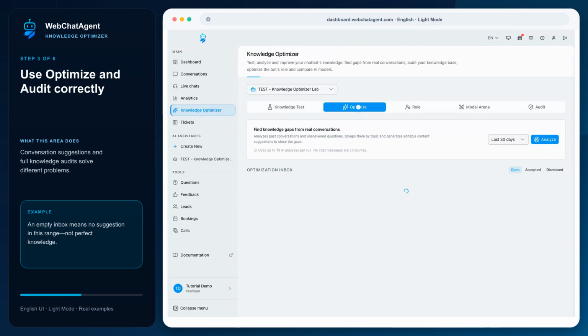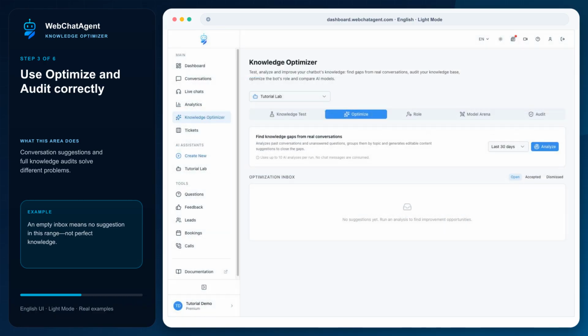Optimize turns gaps from real visitor conversations into reviewable suggestions. This tutorial inbox is intentionally empty because controlled knowledge tests do not pretend to be customer traffic. In production, choose 30 or 90 days, open the original conversation, and check the authoritative source before you accept a